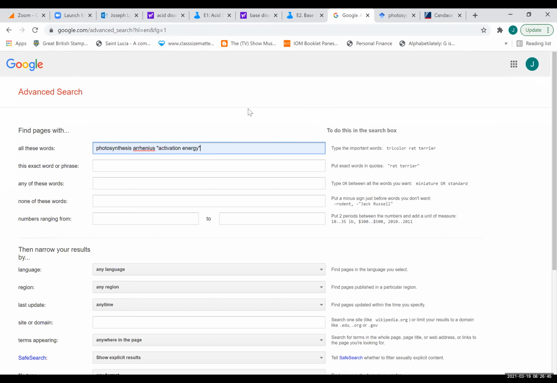Right. This exact word or phrase option is more useful if I've got a quote I'm looking for, where it's looking for the exact sequence of words. If I put photosynthetic pathway in there, it'll only give me results that specifically say photosynthetic pathway. Whereas if I put it up here,